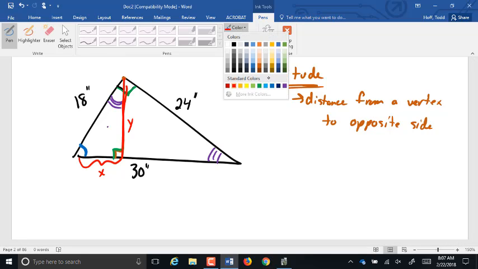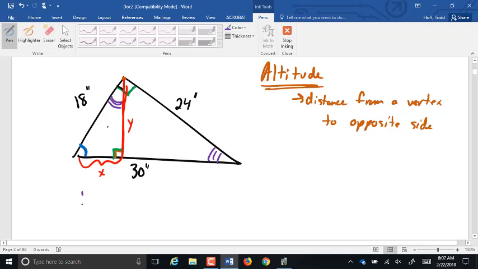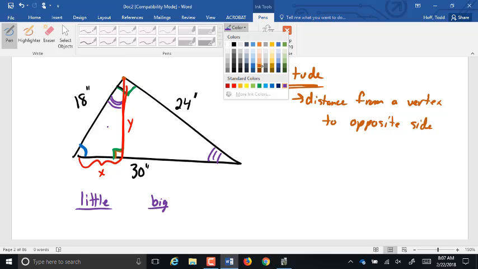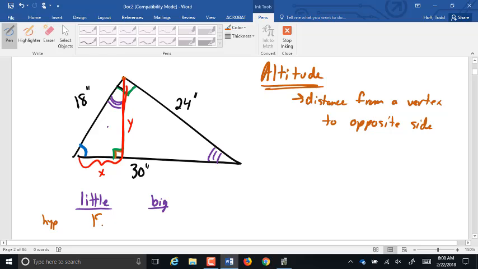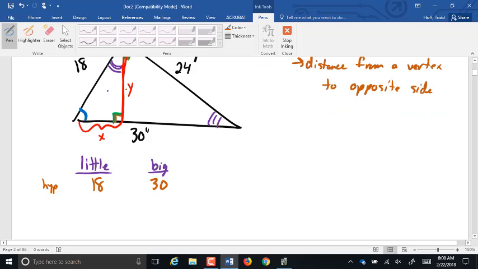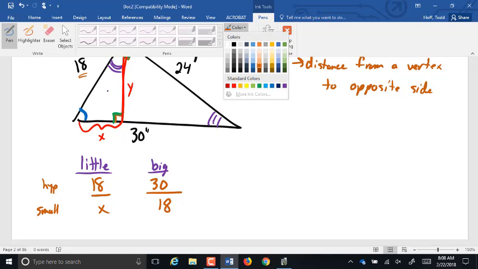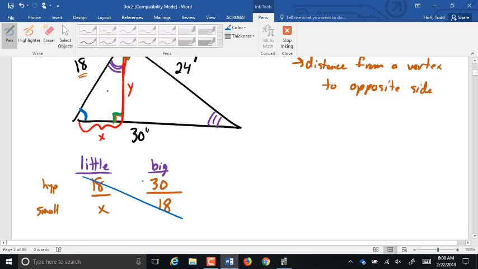Now this is where it gets kind of tricky. I'm going to go with little triangle and big triangle here. What is the hypotenuse of the little triangle? That's the 18. What's the hypotenuse of the big triangle? 30. Right? That's across from the right angle. What is the smallest leg of the little triangle? X. What's the smallest leg of the big triangle? 18. Right? Big triangle's on the outside. As I said, this is kind of confusing because we're looking at the same drawing, but we're taking two different triangles out of it. The 18 is the small leg of the big triangle, but it's the hypotenuse of the little triangle. So now to find that missing side x, it's 18 times 18 divided by 30,